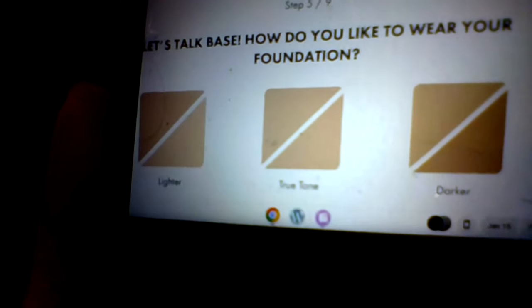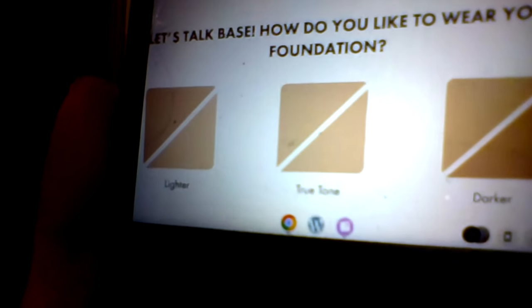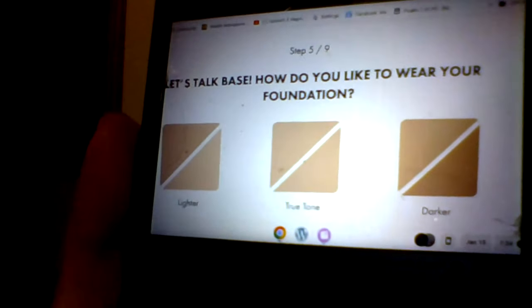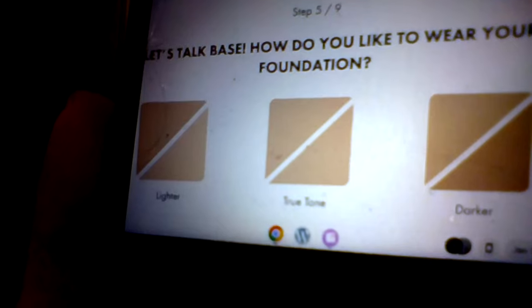So then, let's talk base. How do you like to wear your foundation? Lighter, true tone, or darker? Now they're asking you. I would probably do lighter to a true tone. All right, so I picked